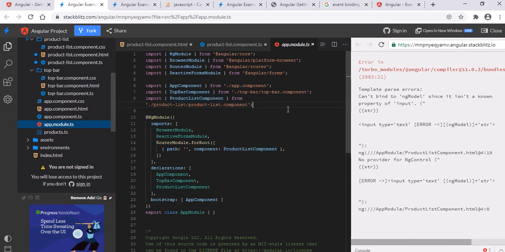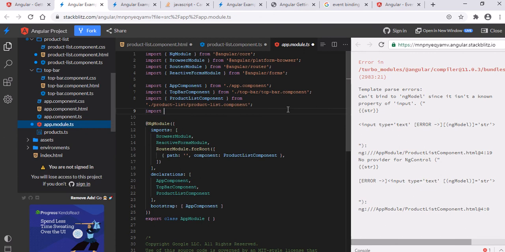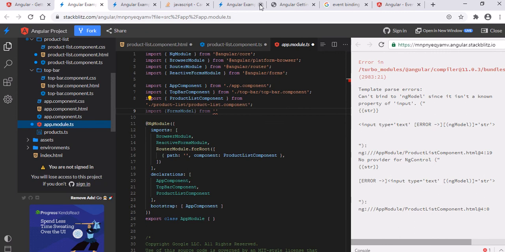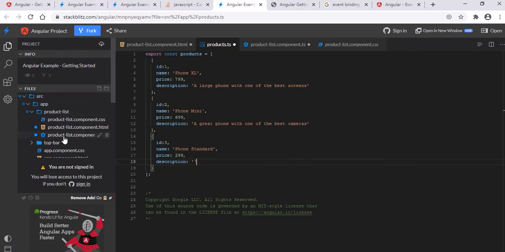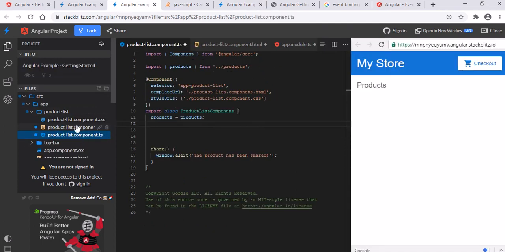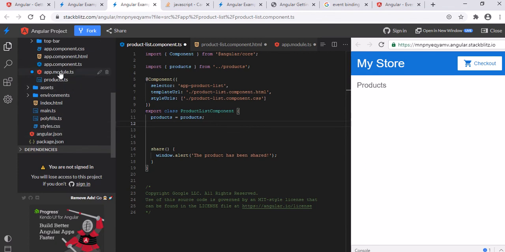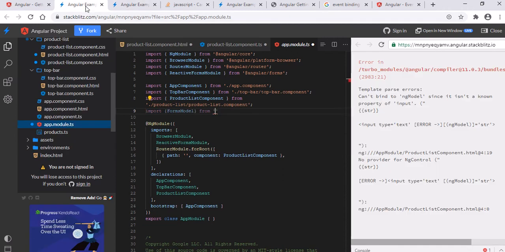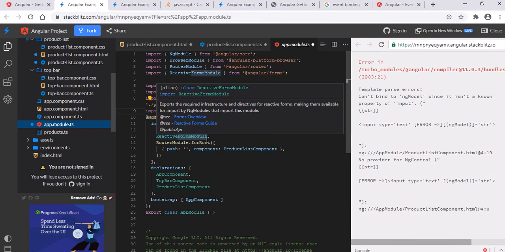So I will go ahead and add the forms module, import FormsModule from @angular/forms, and we need to add this into imports.